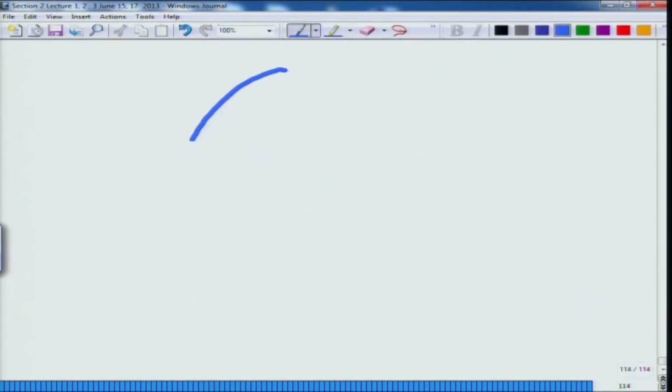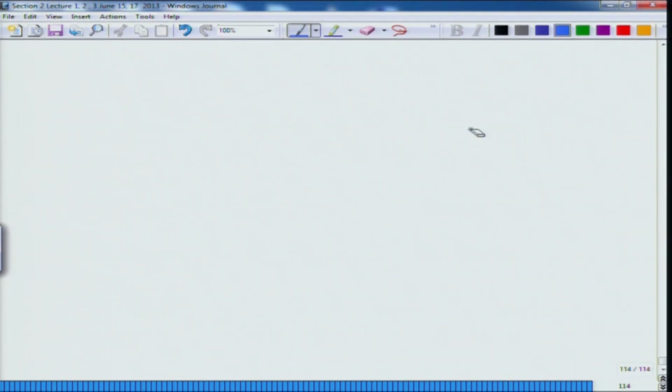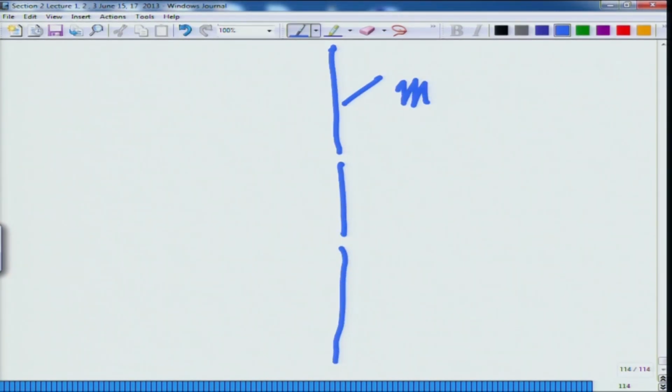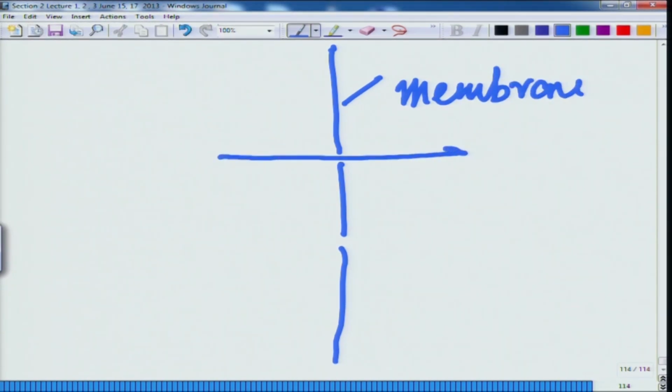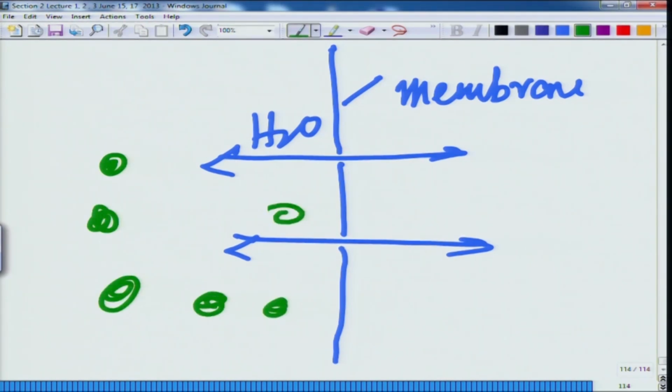So, if I had to draw this, I think this is not the right way to draw it. Say for example, here is a membrane. This membrane will allow water to flow on both sides likewise, but say you have these different kinds of particles,